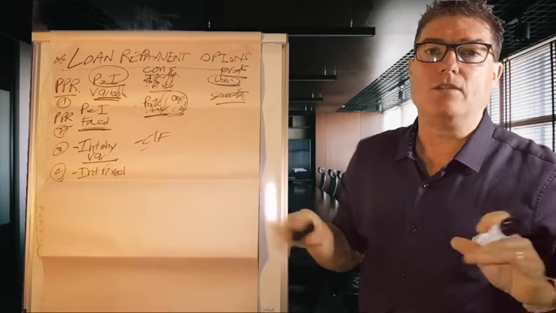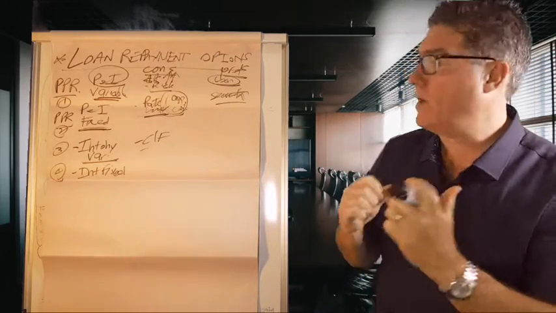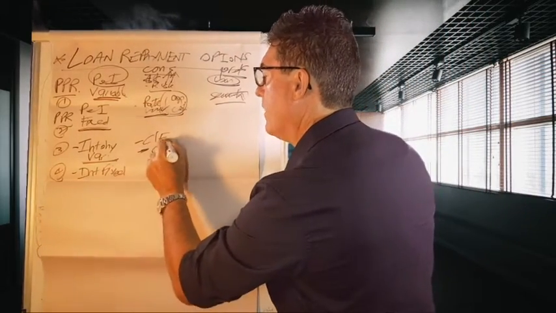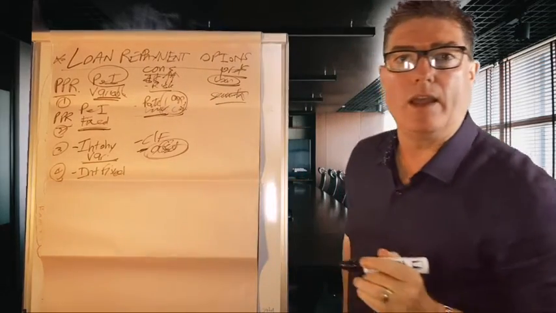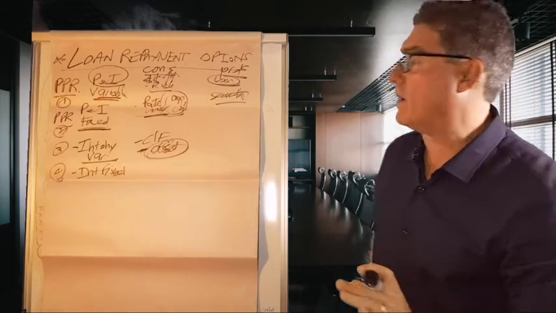So if something changed in your life, you had a baby, had an accident, got sick, you can't just go and pull the funds out. But if you made principal and interest repayments, paid the interest, but put the principal in your offset account, then if anything went wrong, you've actually got a buffer sitting there to cover you in your worst case scenario. It gives you a good sleep at night factor.